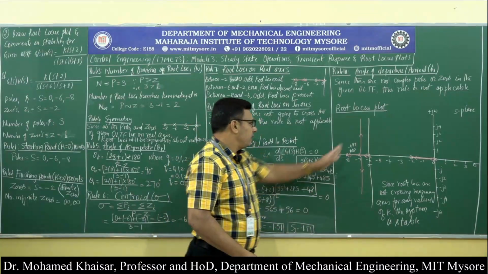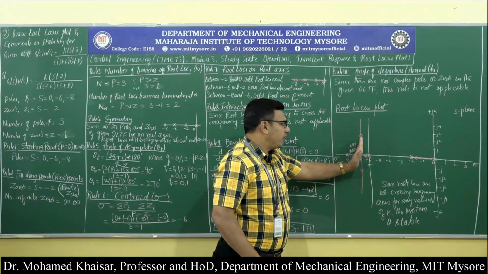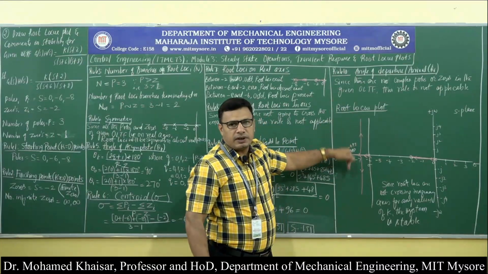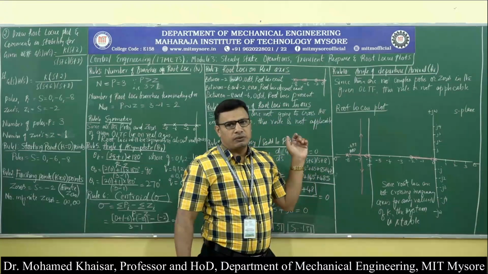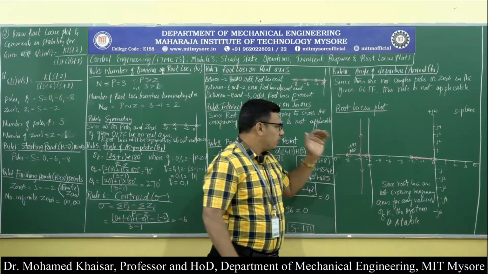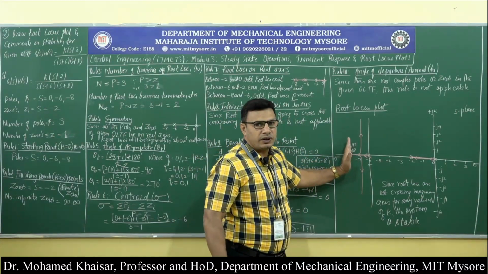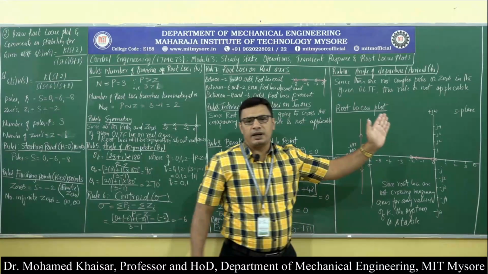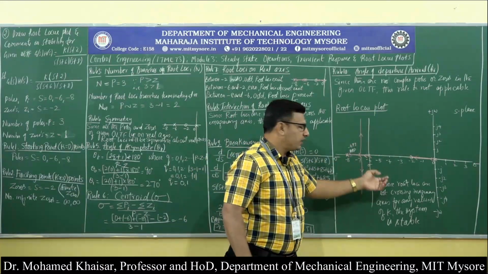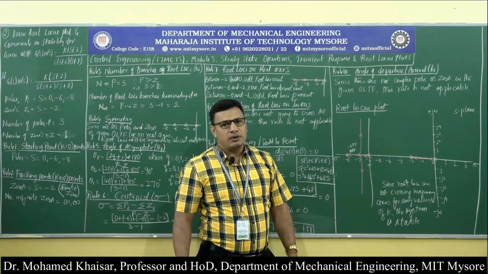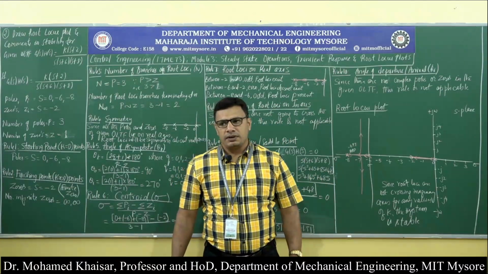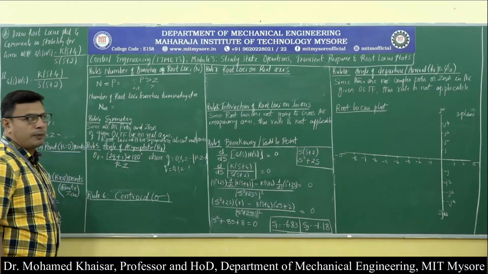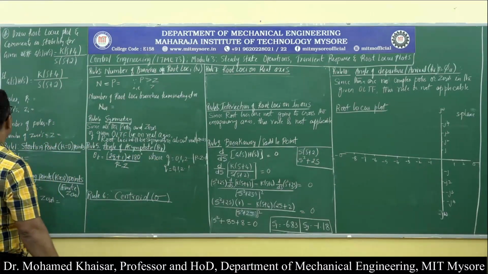This is because you can see one branch is along 90, the other branch is along 270, and even this branch is moving towards the left hand side. When will the system become unstable? Only and only when the root loci is going to cross and move to the right hand side of the S plane, which in this case is never going to happen, because of which for any value of k, the system is going to be stable. Let us solve one more problem on root locus plot.